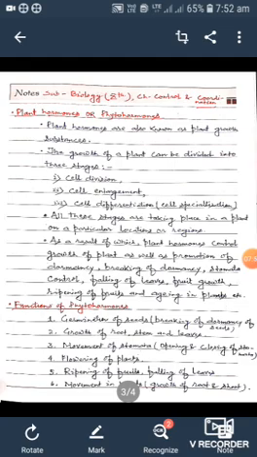It means division of labor, division of work. All these stages take place in a plant at particular locations or regions, as I have told you earlier. As a result, plant hormones control growth of the plant